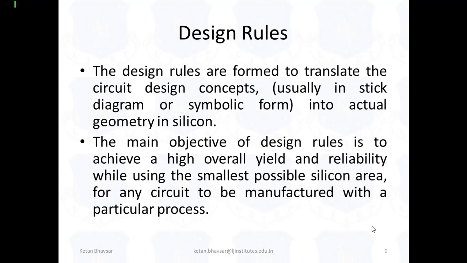Definitely, when you're talking about yield, we already discussed yield in chapter number 1. It's a manufacturing ability. There are two types, functional yield and parametric yield. It is generally a term used on the manufacturing side. Reliability also plays a main role, because with the help of reliability you can achieve a better result, and the main objective is that we have to reduce the size.